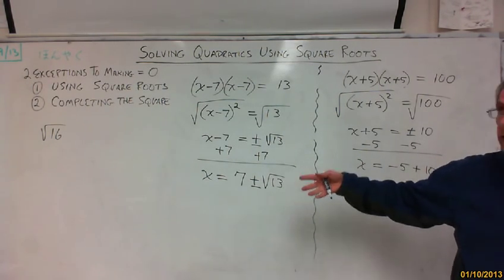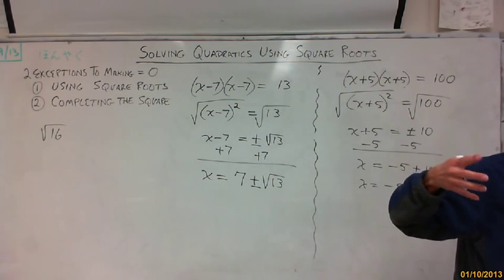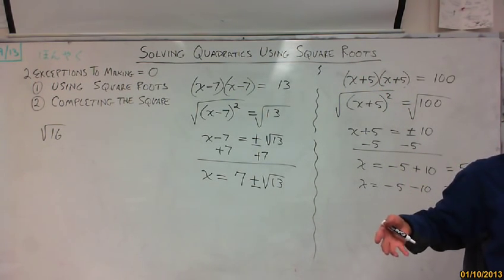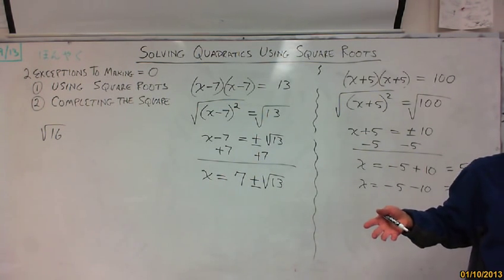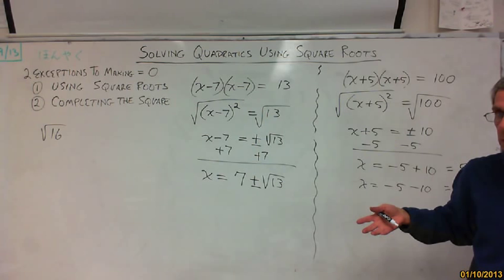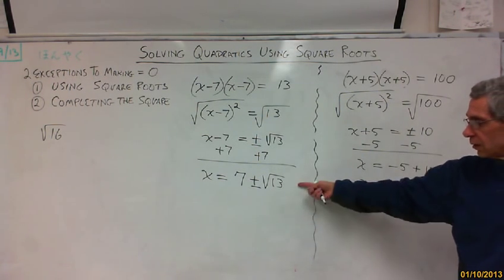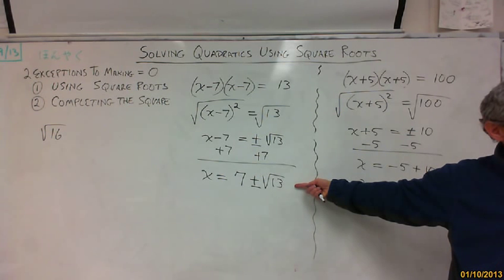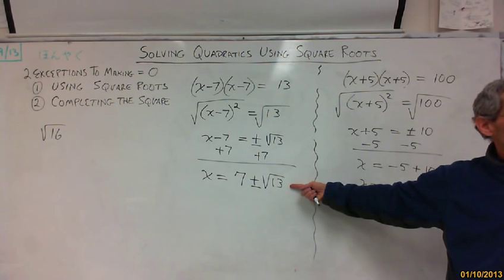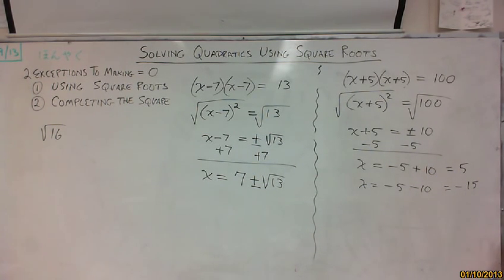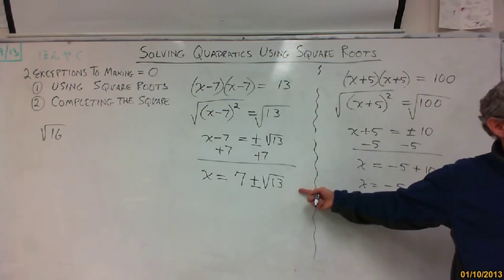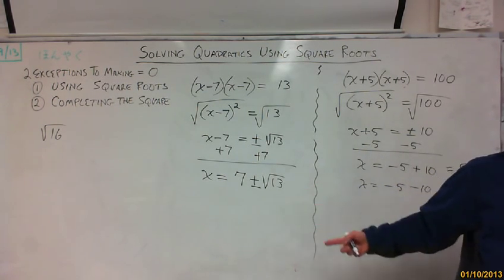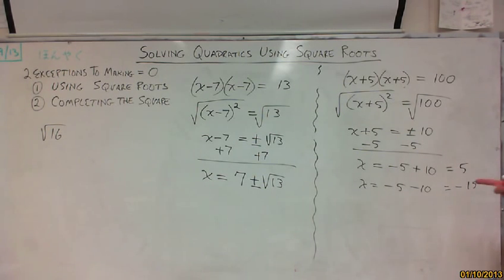Now, if you had to graph that, remember, when you're solving for x, you're finding the roots, you're finding the zeros, which means you're finding where the parabola crosses what? The x-axis, right? So it crosses the x-axis right here at 7 plus the square root of 13. Where is that? I don't know. What I would need to know is approximately what the square root of 13 is. So I get out my calculator. Usually I can leave it like this, but if they ask me to graph it, then I need to know where 7 plus the square root